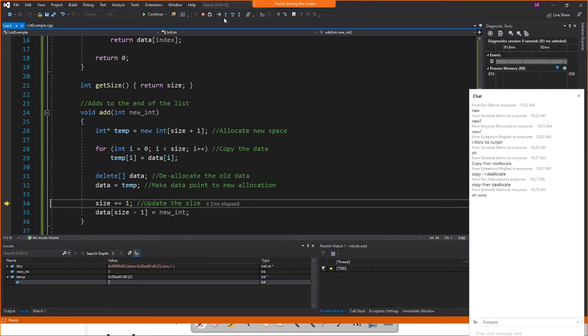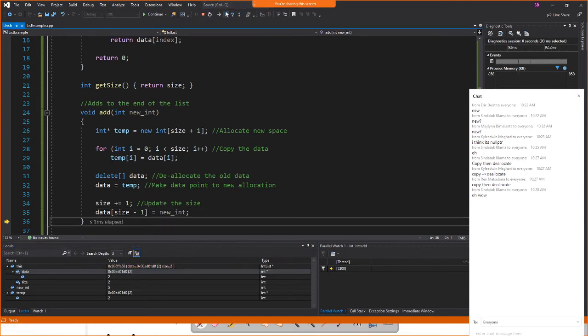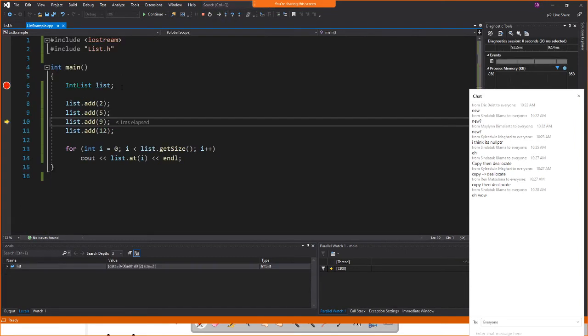Makes the size go up by 1. Well, I mean, it was clearly working earlier. Why is it not showing that? I wonder, maybe it only shows the initial thing in the C++ debugger. Well, that's unfortunate. I guess it doesn't really show much, but we can see that it is updating it,